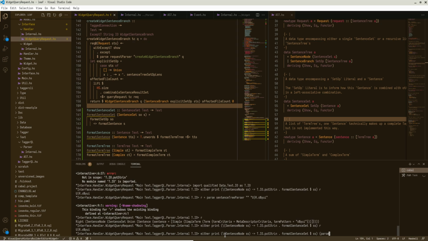Here, I'm gonna just put the parse in there. I'm having a hard time reading this. Hold on. Parse sentence tree parser. Okay. Let's try... I don't know. I was gonna say we can just try putting some garbage in, but let's actually try formatting a